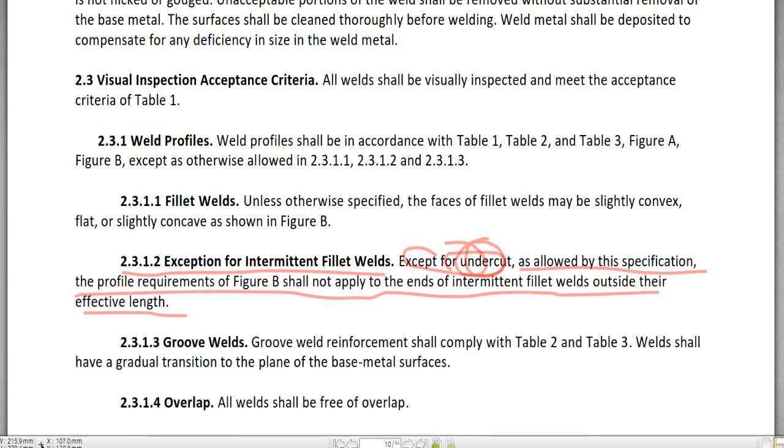Okay, go back to the specification. Except this undercut, as allowed by this specification, the profile requirements for Figure B, you remember Figure B, the fillet weld, slightly concave, slightly convex, and flat. This weld profile in Figure B shall not apply to the ends of intermittent fillet welds outside their effective length. So intermittent fillet welds means